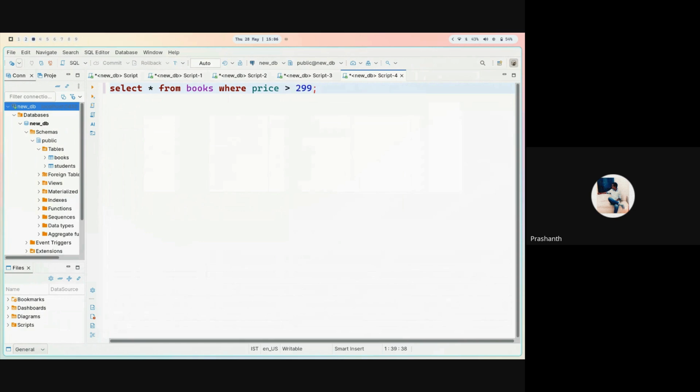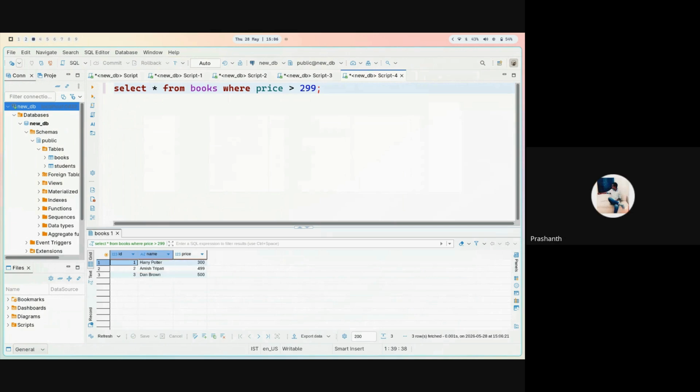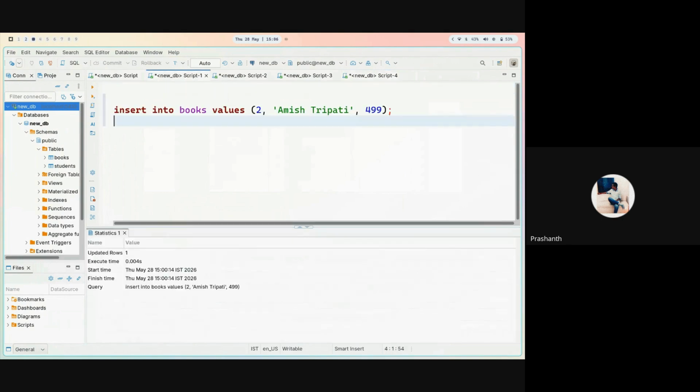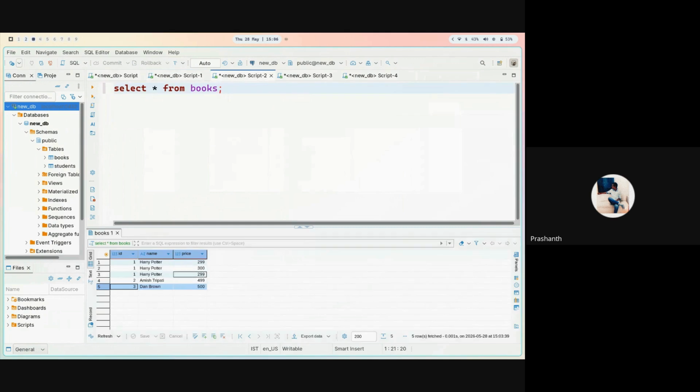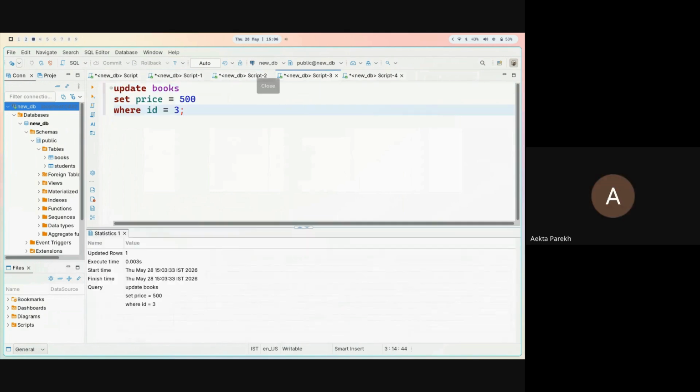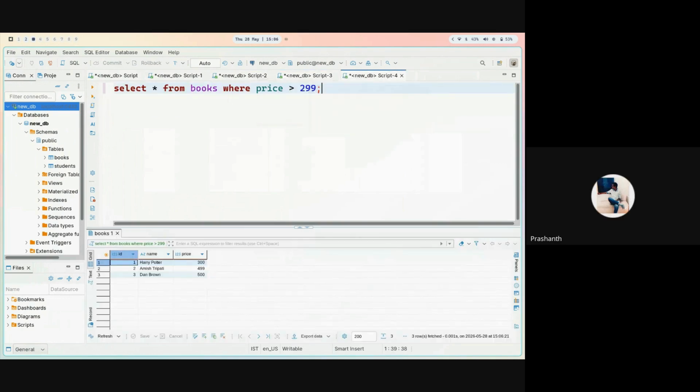So in this statement, we are querying all the columns from table books where the price column value should be greater than 299. Now, if you can see, Amish Tripathi, Dhanraj, and one of the Harry Potters is 300. The other two Harry Potters are not included in this. So this is the querying one.